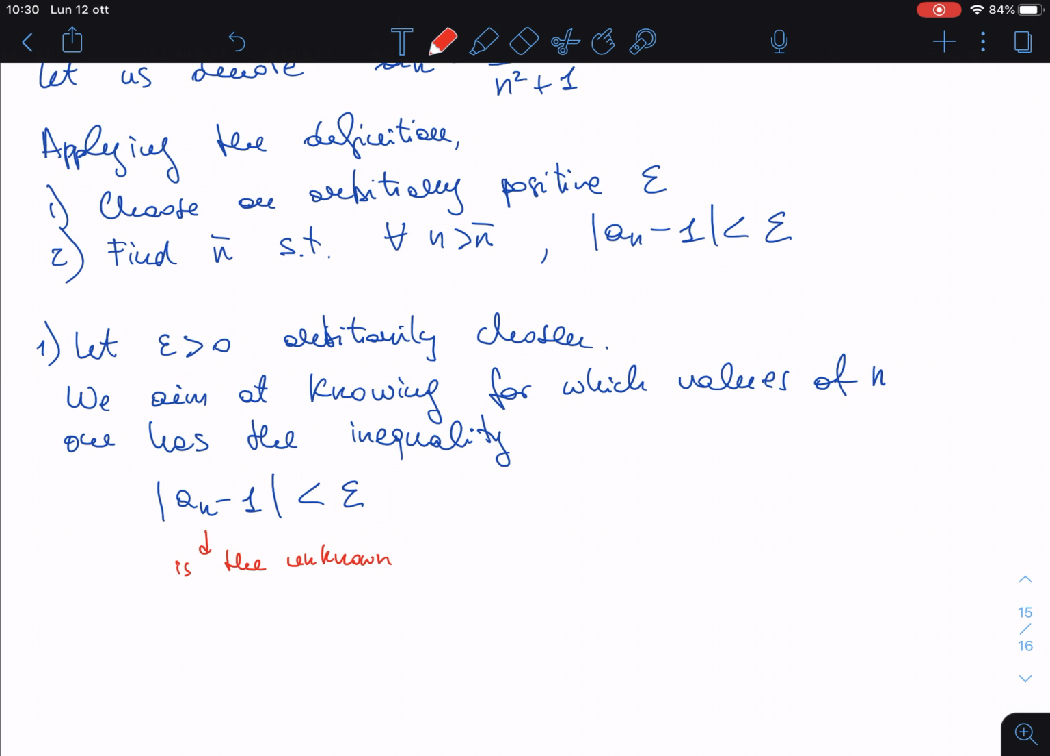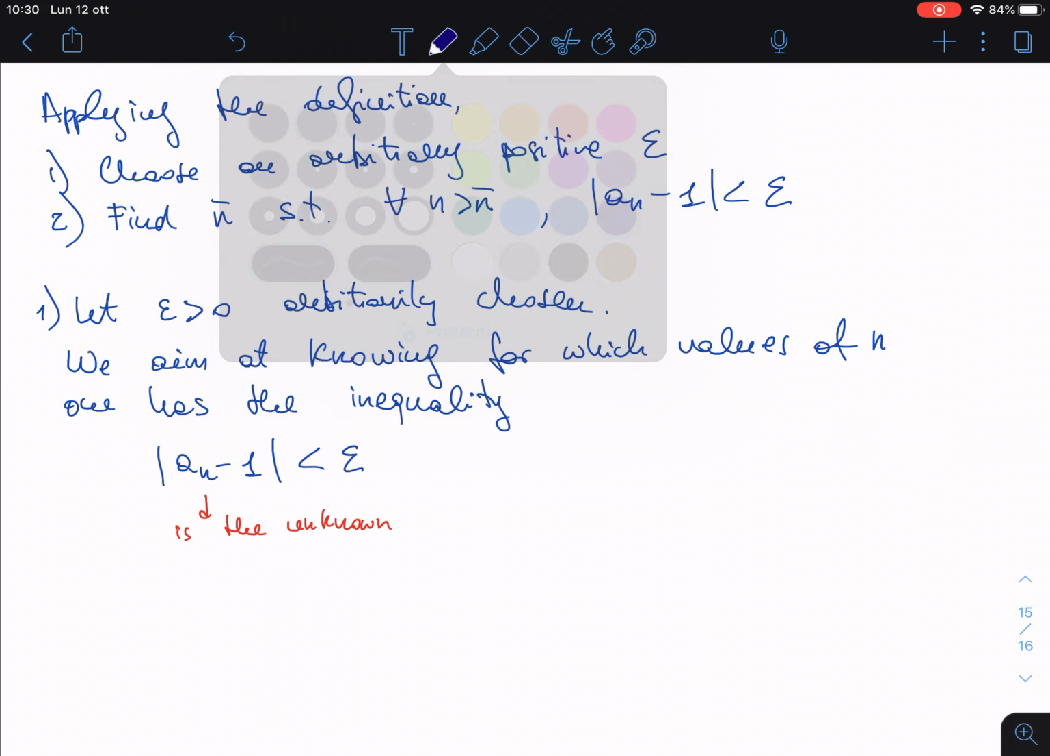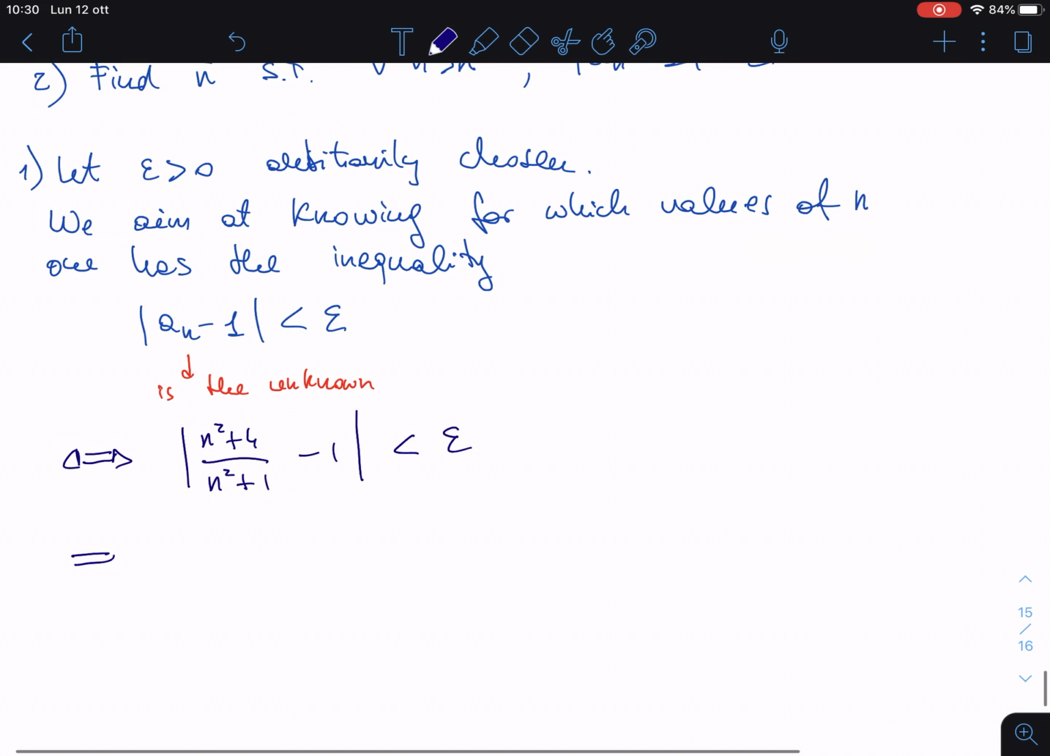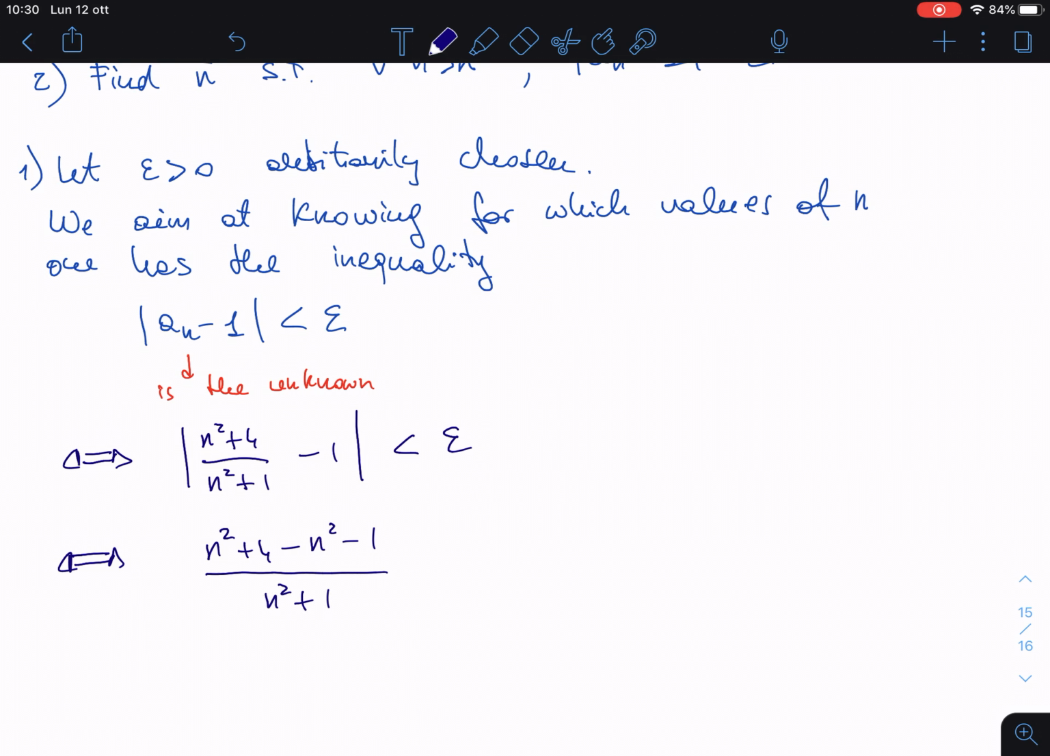Of course, let us write it in an explicit way in order to understand what we are talking about. We are talking about a_n, which is (n squared plus 4) divided by (n squared plus 1), minus 1. We want it to be less than epsilon. The unknown is n, I repeat. So this is just to say (n squared plus 4 minus n squared minus 1) divided by (n squared plus 1) is less than epsilon. So the two n squared cancel, so we end up with 3